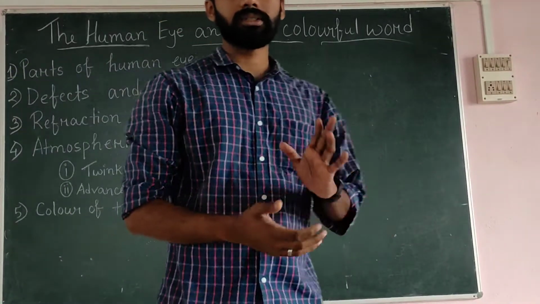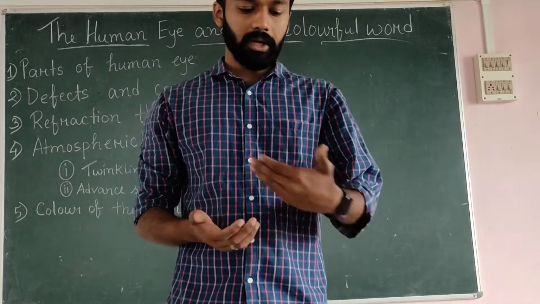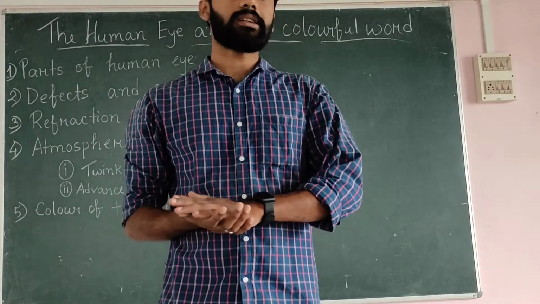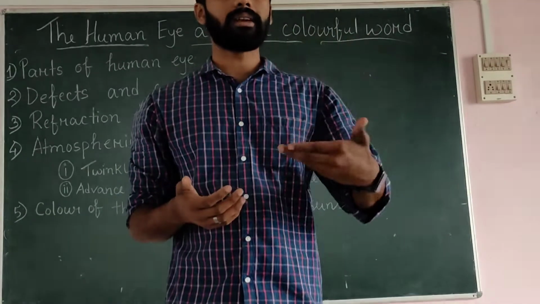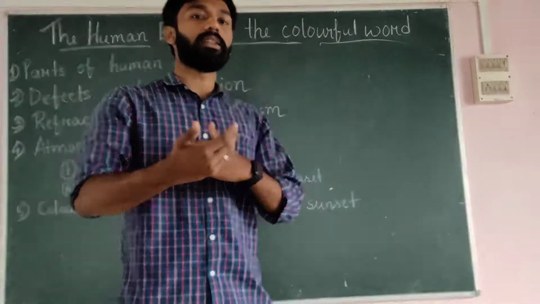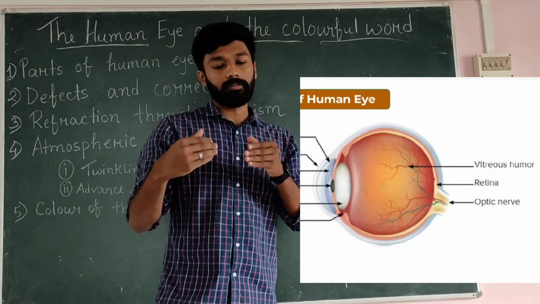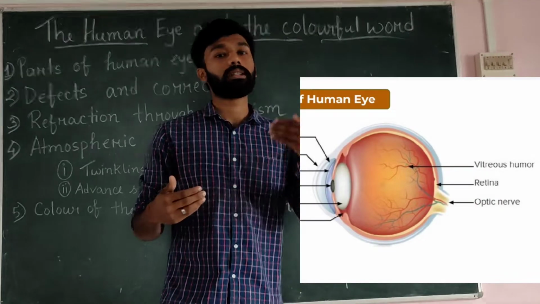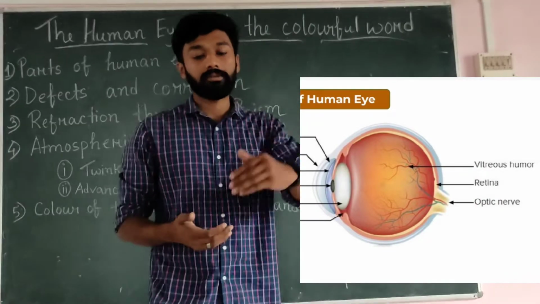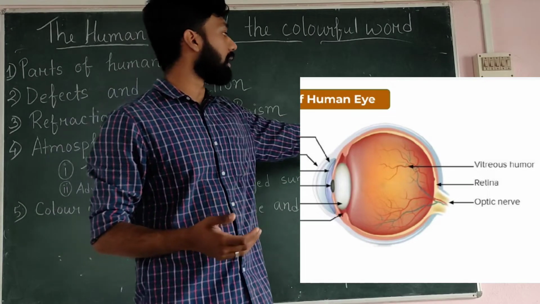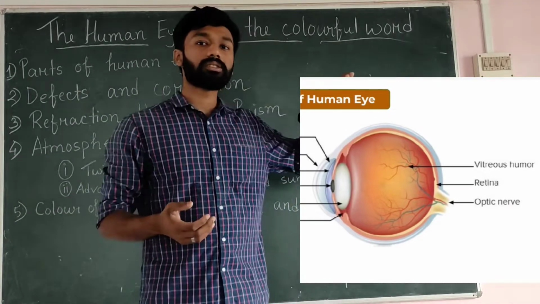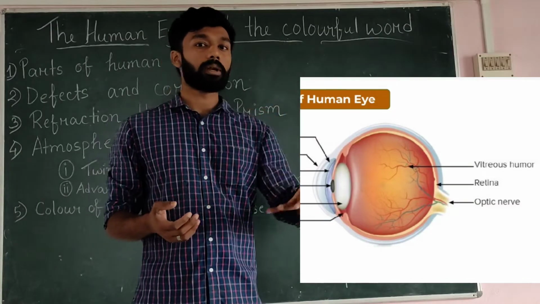So we studied the structure of the eye. That means the outermost part is the cornea, through which the light enters, and it will reach the iris. Then it will decide whether the light needs to enter the lens or not. That means the pupil is there, and only through the pupil the light enters the lens. Then from the lens it converges to the retina. If it converges correctly on the retina, then we can see a proper image.